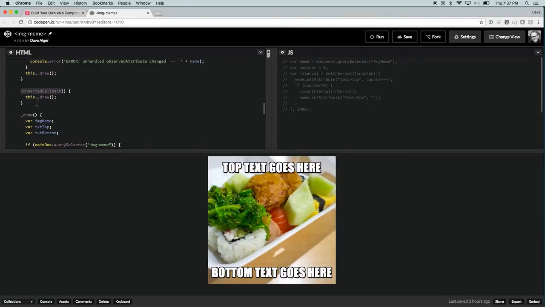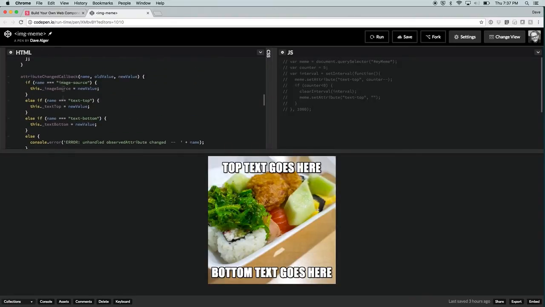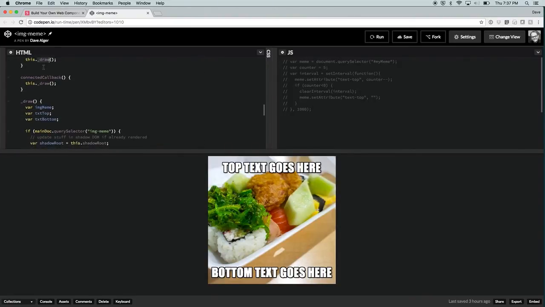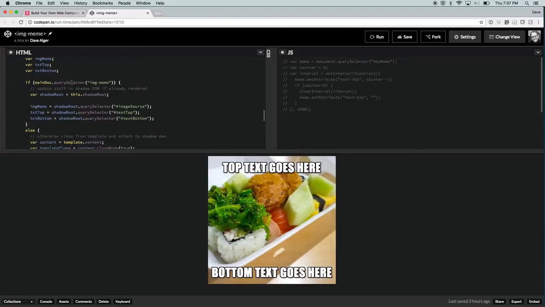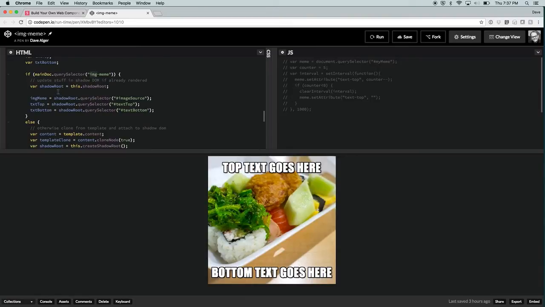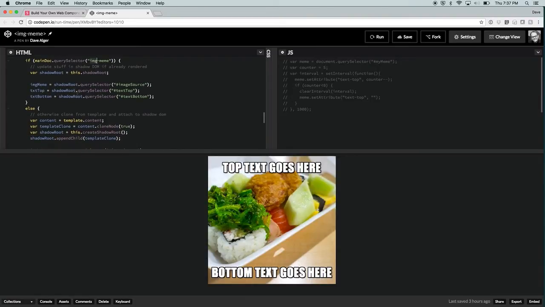And so what I just made this helper function, this draw function, I have to call it after changing the state, and I also have to call it after when it first draws. And it just comes in and checks. It first checks if the thing's already there. So it's looking for the image. If it's already there, then I just go get its shadow root and the things and the